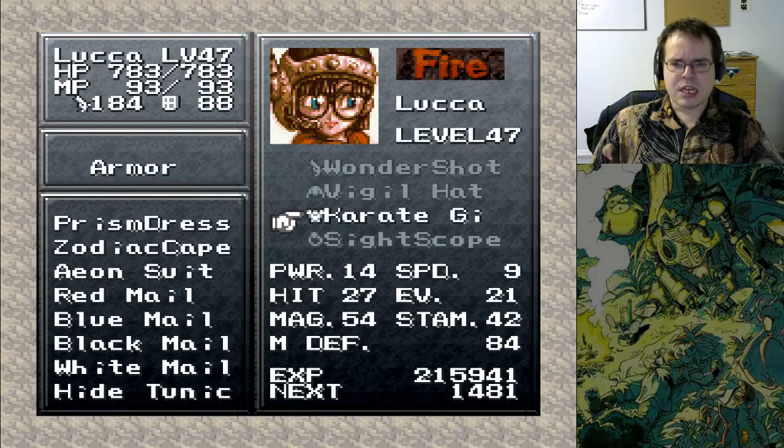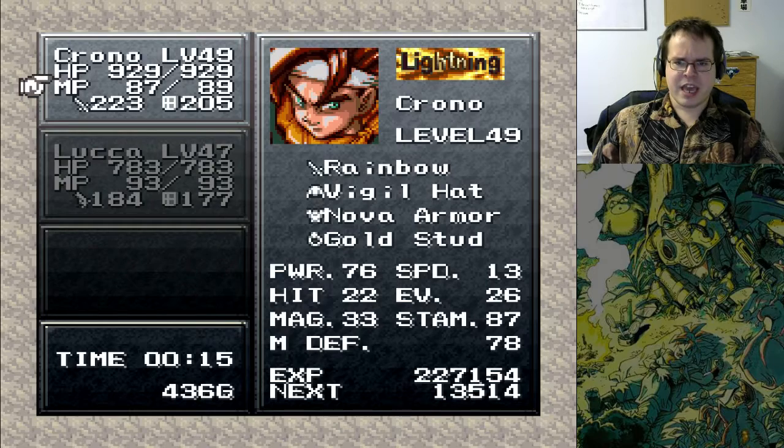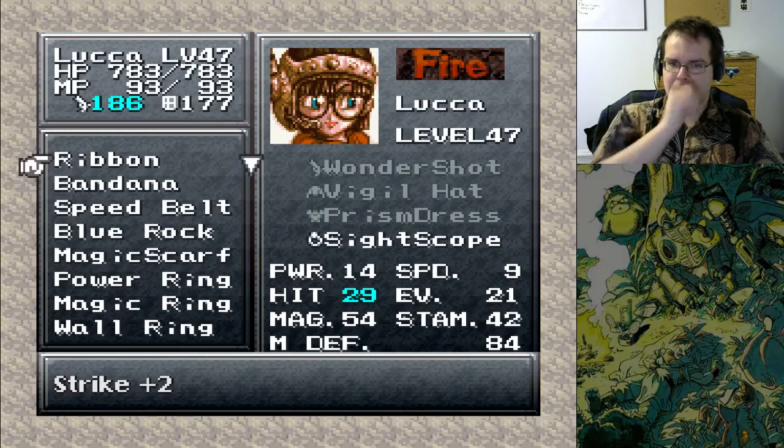Yeah, we want Vigil hat. We want Prism dress. Or does Chrono... Okay, yeah, Chrono's all decked out still. And what's... Oh, yeah, I guess we want the... Or actually, no, we wanted...